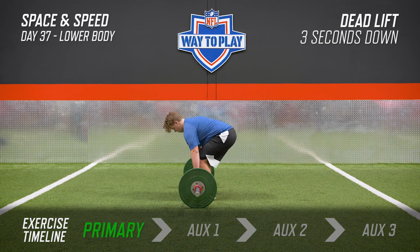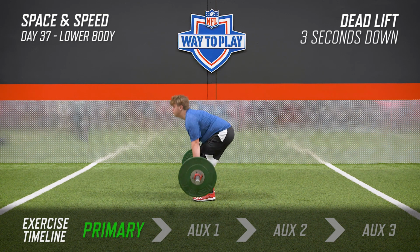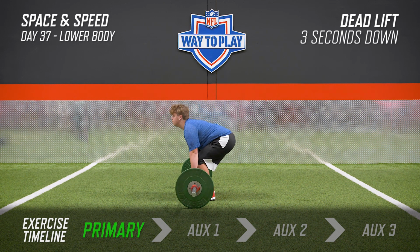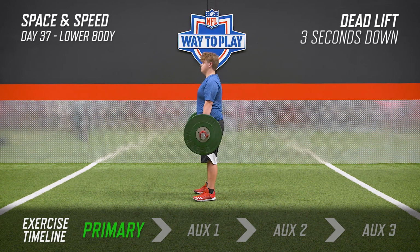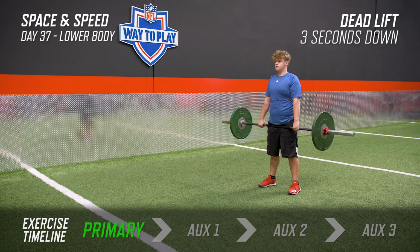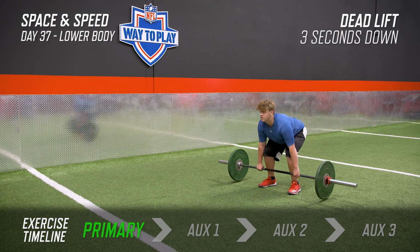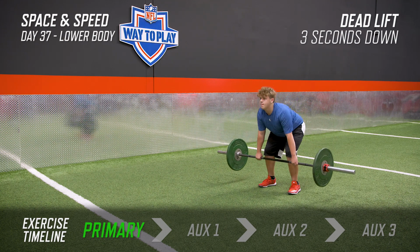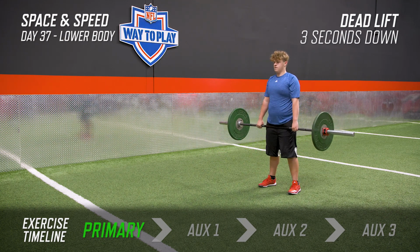For our primary movement today, we're going to be using the deadlift with a 3-second count on the way down. Now, even though the deadlift looks like you're pulling the bar off the ground, remember our focus of the day is pushing the ground away with our feet. So make sure when you set up at the bottom of the deadlift, you have a good strong grip on the bar, take a deep breath into your belly and push the ground away with your feet